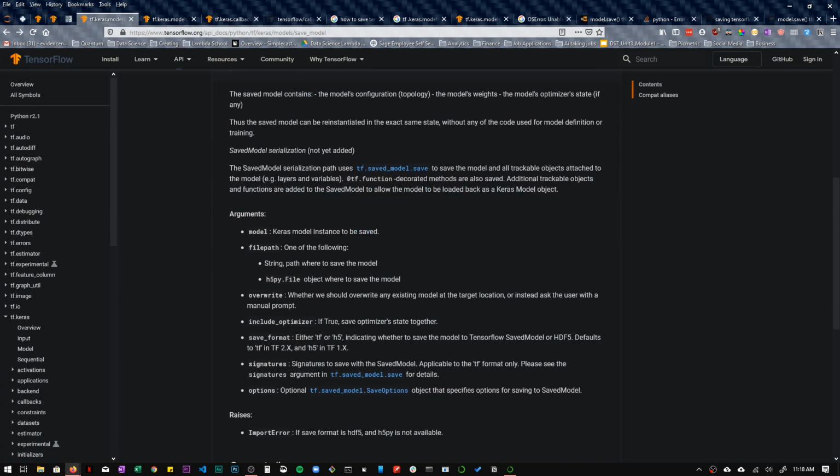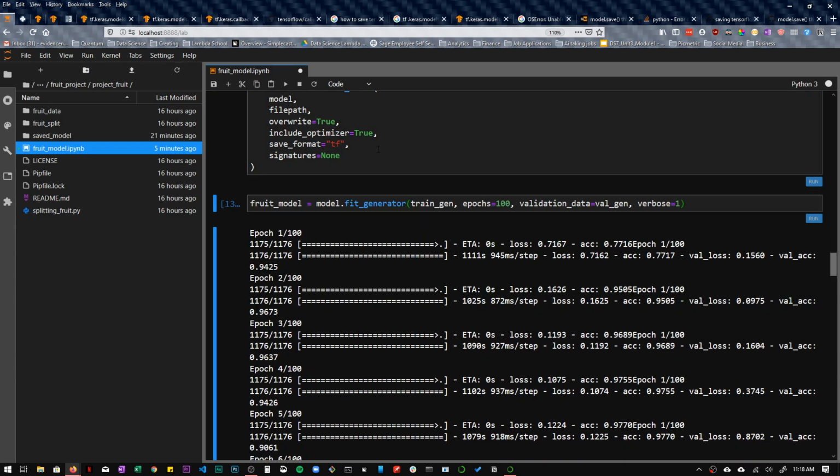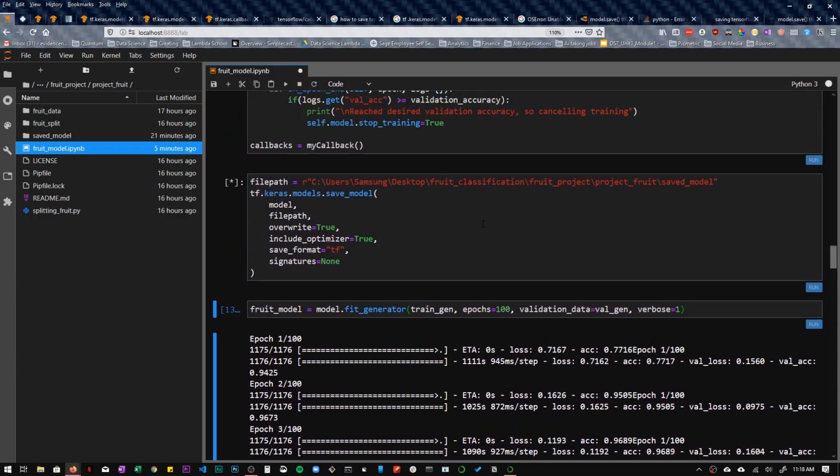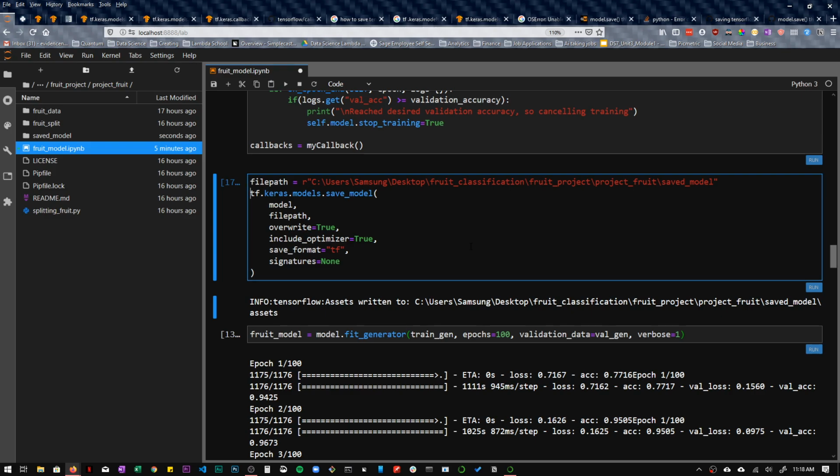Specifying the save format. Oh, well, that worked. Specifying the save format works. Okay, that's strange.